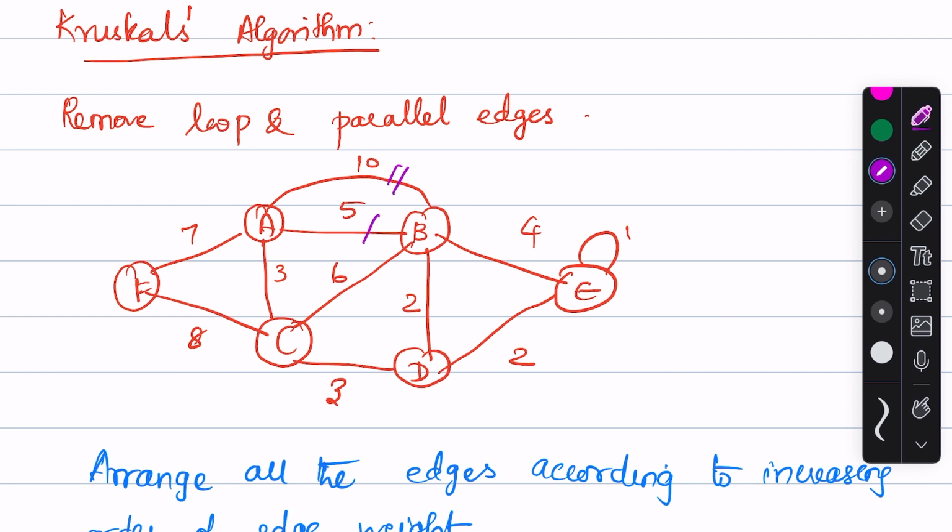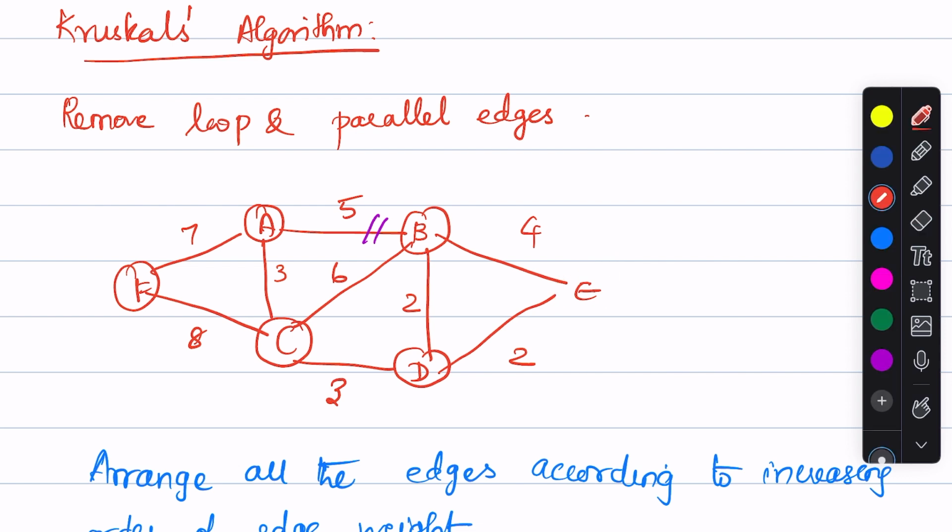So these are the two parallel edges. From A to B, it is 10 and 5. So we'll remove the edge which has got a higher cost. Let us remove the edge with the higher cost, say 10. So let us remove this. And similarly, we have the loop on the vertex E. So let us remove the loop. So this is the updated graph that we have after removing the parallel edges and the